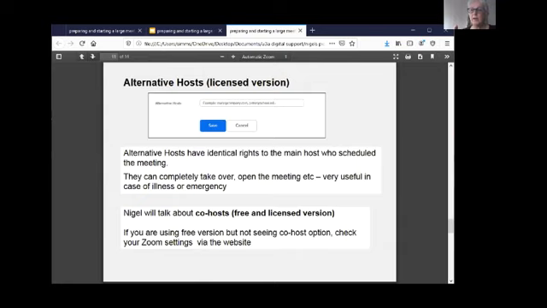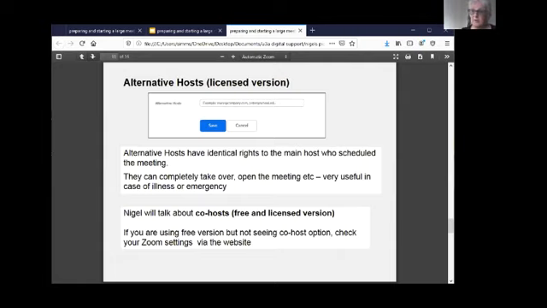Now, why is this important? Well, it's important because you will probably put a lot of resource and effort into setting up something like an AGM. And if in setting up that AGM, come the day you have some kind of emergency or are incapacitated, or the internet to your property miraculously is cut off or whatever, things happen, this person can open, start, run, organise and carry on with the meeting exactly as the original organiser would have done. So it's a kind of belt and braces. You only get it with the licensed version.